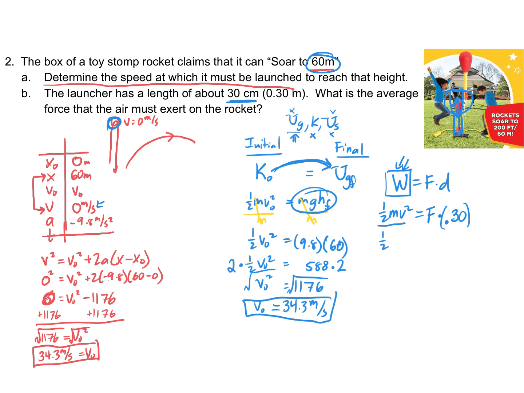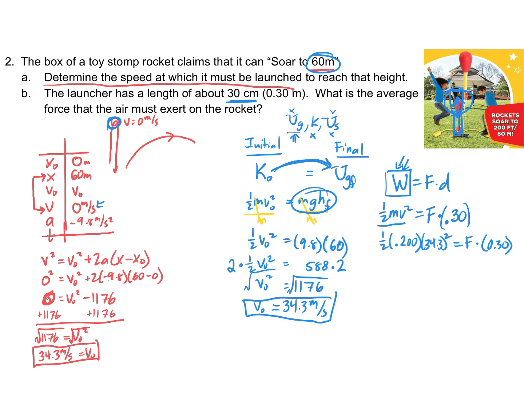So yeah, I just went and looked it up. The mass is about 200 grams. Now 200 grams, I have to be careful with that. 200 grams is going to be 0.200 kilograms. And then I know the launch speed was 34.3, which needs to be squared. That's going to equal F times that 0.30 distance. So I'm going to do 1/2 times 0.200, and then multiply that by